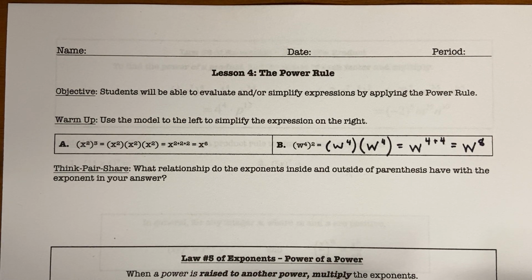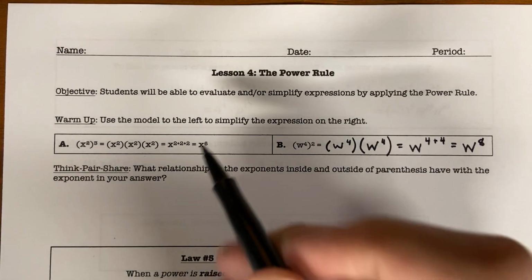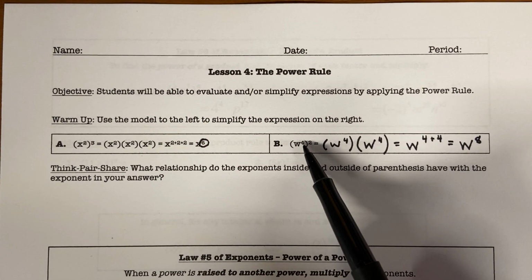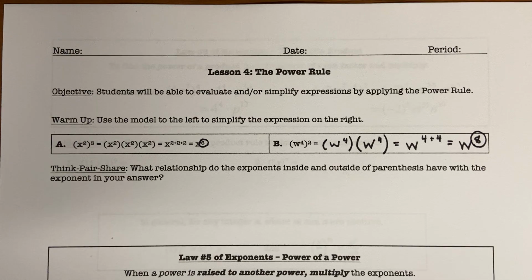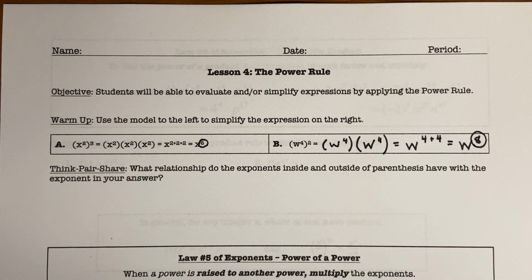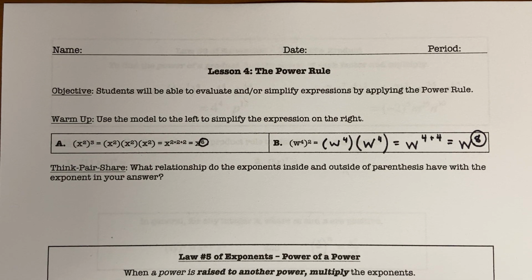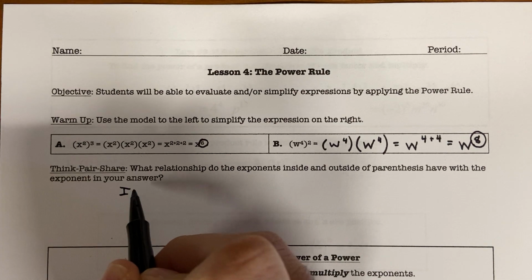So what relationship do the exponents inside and outside of parentheses have with the exponent in your answer? So let's look at our exponents. On the left-hand side, we had a 2 and a 3, and it resulted in a 6. On the right-hand side, we had a 4 and a 2, and it resulted in an 8. So what relationship do you see between 2, 3, and 6 and 4, 2, and 8? Well, what I see is that if you multiply the exponents inside and outside,